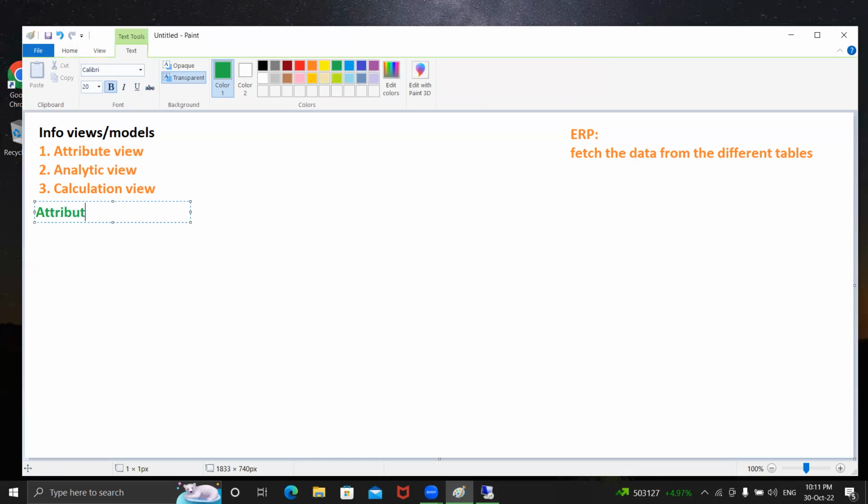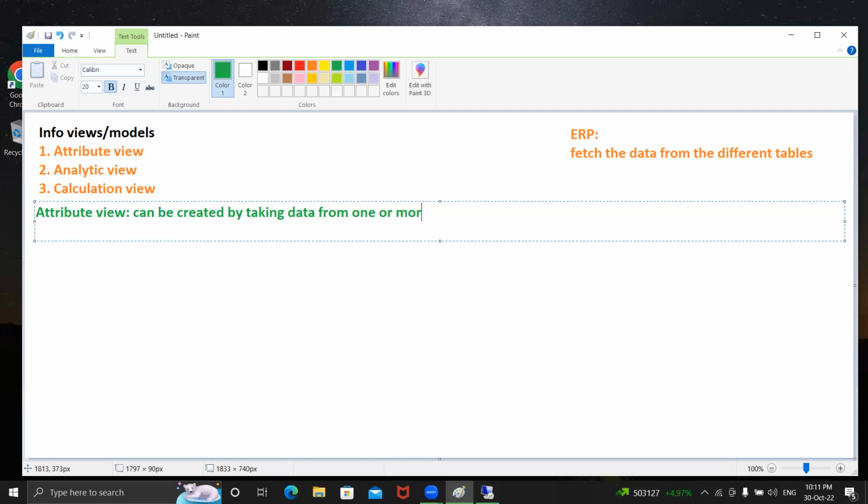So attribute view. Attribute views can be created by taking data from one or more tables. The attribute view shows relationships between different attributes in the tables,